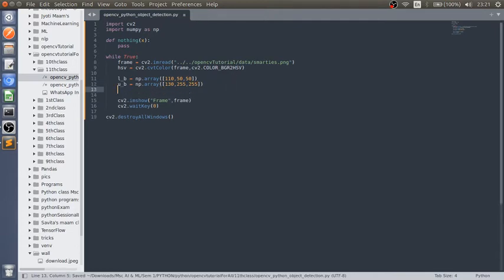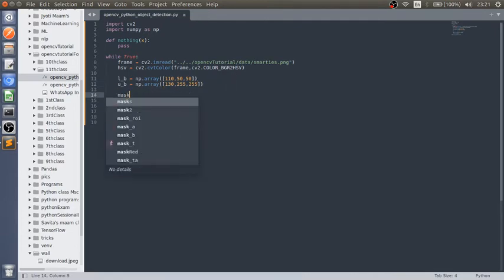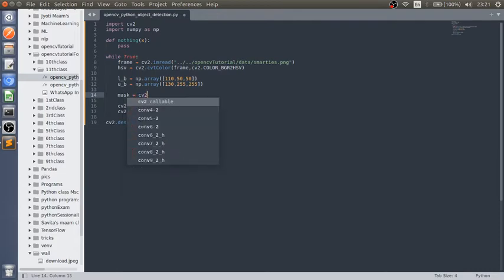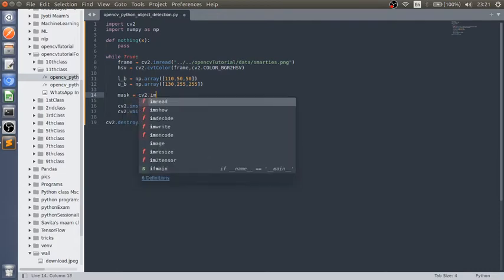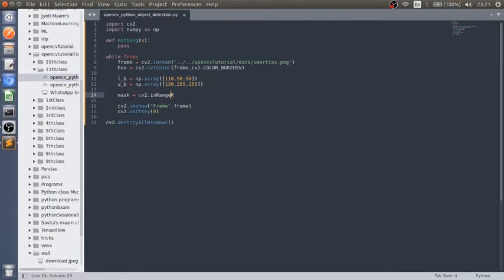Now at last we have to create a mask: cv2.inRange function. In the inRange function we have to pass the HSV, then lower blue, then upper blue.